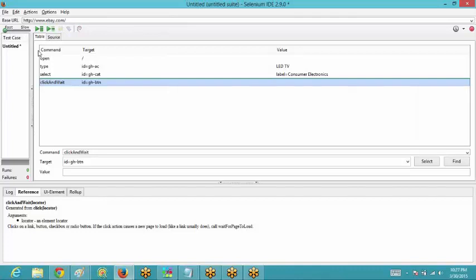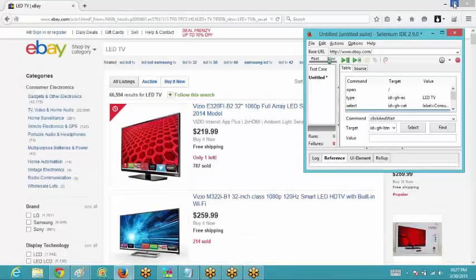This means that whenever you execute any test case, it would be executed in the fast mode. Now if I want to execute it in the slow mode or at a moderate speed, I can put it in the middle between fast and slow, or if I want it a bit slower, I can put it over here. Then the test case will be executed at a slow speed, not the slowest, but a slow speed. Now I will execute it.